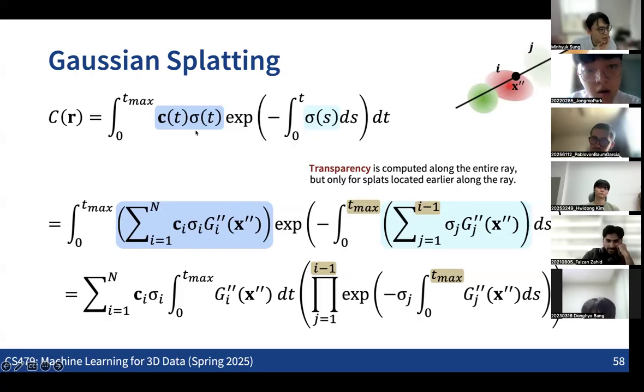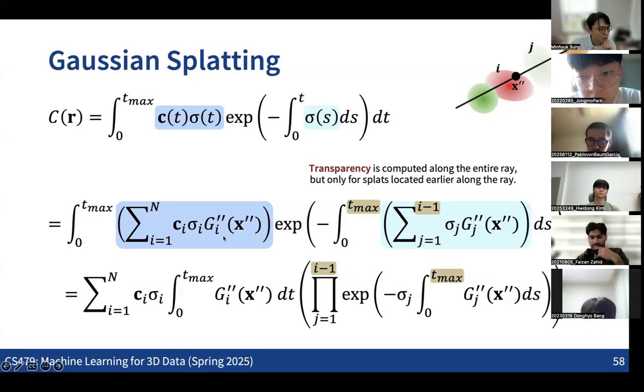The only change we are making in the transparency term is based on the non-overlapping support assumption. When you calculate the opacity and the color with each of the sorted Gaussian splats,